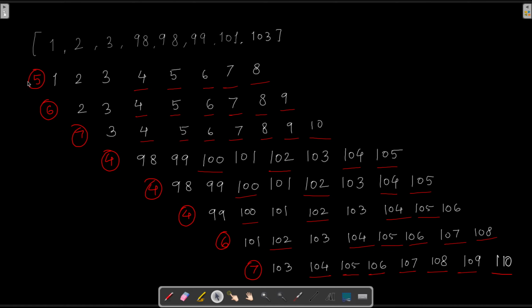For example, what you see here is I've tried to consider 1 as the minimum element and then made the array that would have been continuous. So 1, 2, 3, 4, 5, 6, 7, 8 is a continuous array. But if you see, 4, 5, 6, 7, 8, these elements are not present here.